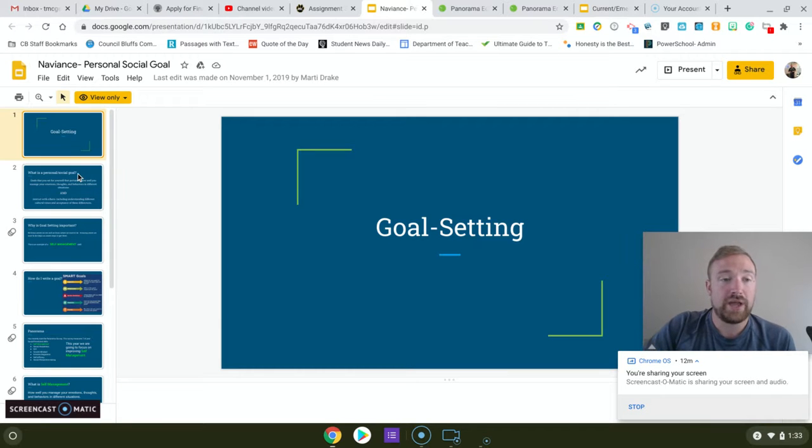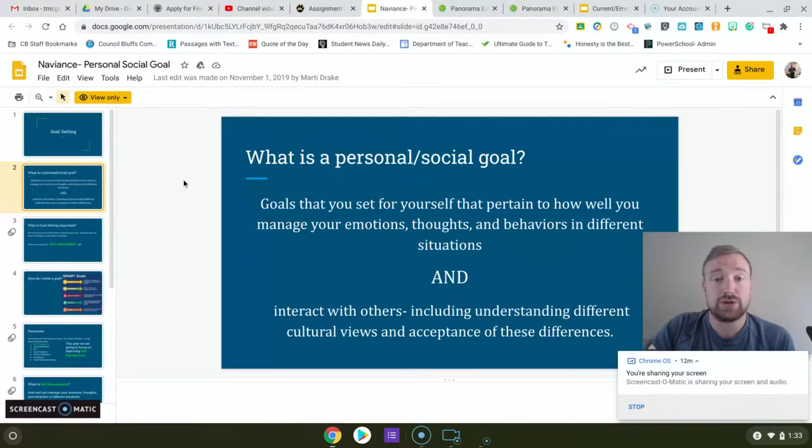What we asked them to do was to create a personal or social goal. The goal was not necessarily around something academic, like I want to make sure that I get an A in math class by the end of this semester. Instead, we really talked about different personal and social things that students feel like they could maybe improve on.